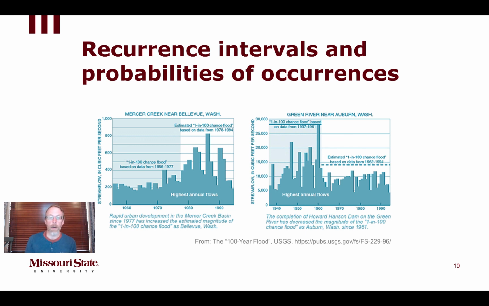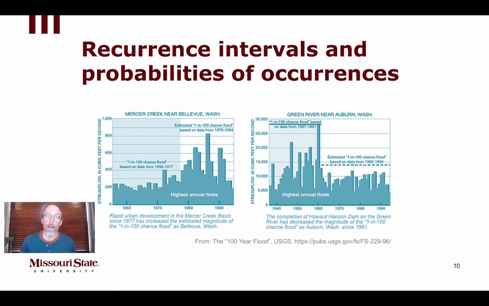On the left is Mercer Creek, which is near Bellevue, Washington. What you can see is that the area of the graph from about 1950 to 1978 or so is shaded blue, and the peak discharge for any given year in that time period was right around 400 cubic feet per second. And the minimum was just under 200 cubic feet per second. So we had a range of about 200 cubic feet per second from the lowest peak discharge for any given year to the highest peak discharge. And from those data, they had calculated that the 1 in 100 year flood was roughly that 400 cubic feet